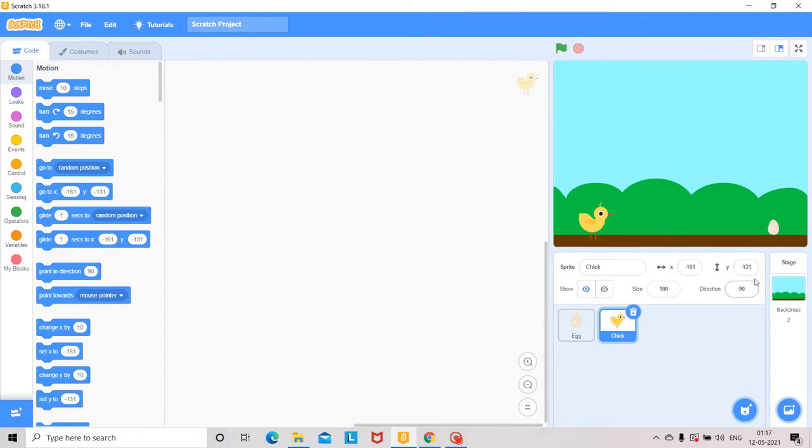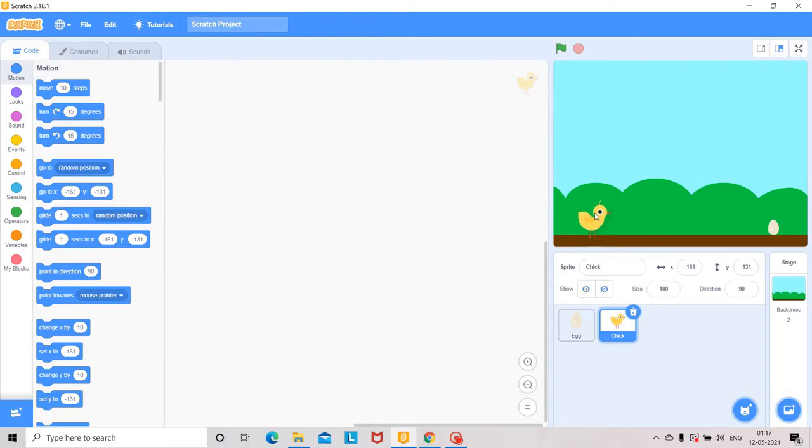Here you see the position of the chick: on the x-axis minus 161, on the y-axis minus 131. When it is jumping, it will change its y value.